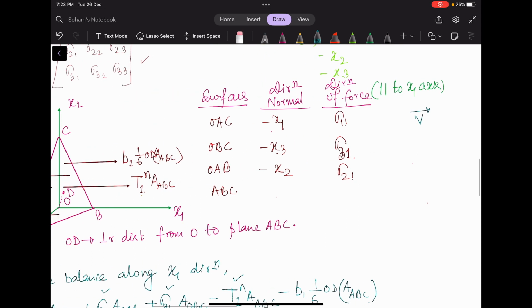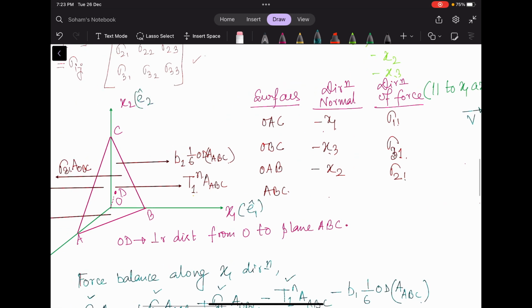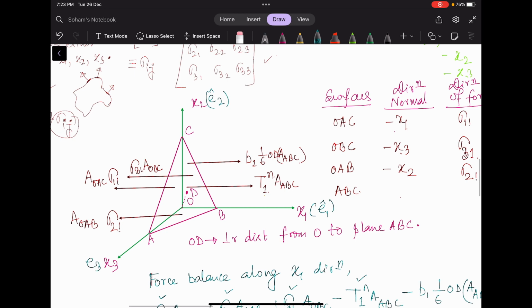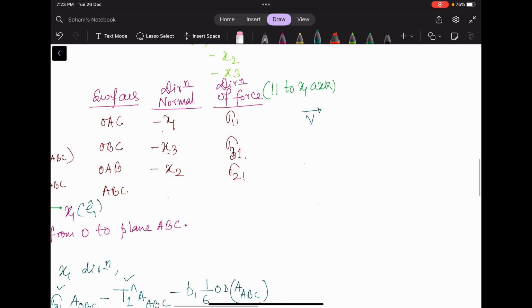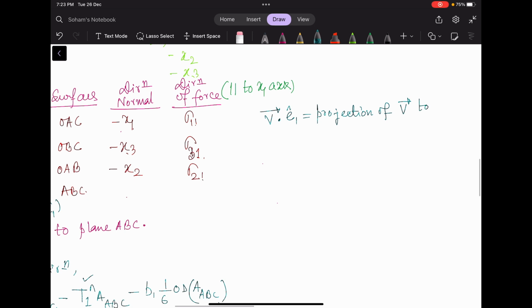So let me introduce the unit vectors given by e1 cap, e2 cap and e3 cap. Essentially you can think of these as i cap, j cap, k cap. So can you tell me what this is? This is the projection of v towards